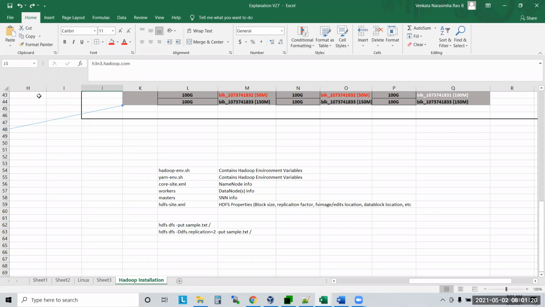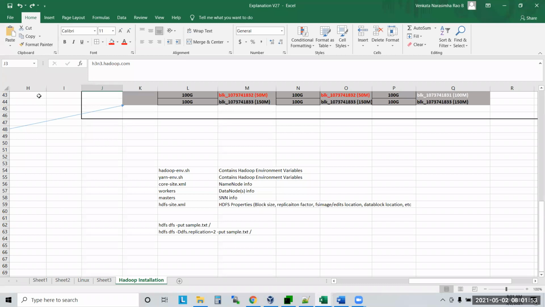This is the first distributed file system which came into the market. Now there are many distributed file systems in the market, maybe 3 more, or 4, 5 distributed file systems. But this is the first distributed file system which entered the market. And this supports very low cost hardware. If you have a 20 GB pen drive also, you can attach that to Hadoop. With 10 pen drives, you can make it 200 GB storage.